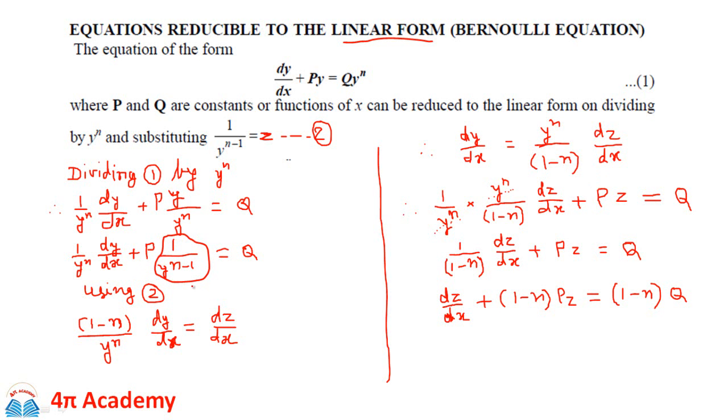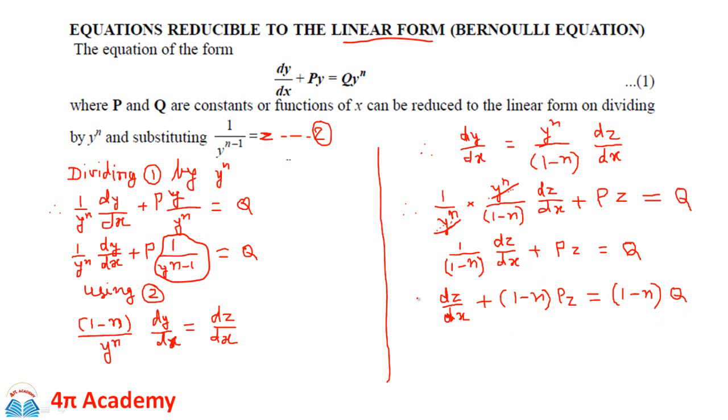Here we have to make the substitution of 1 upon y raised to power n minus 1 as z, so it will be Pz, and that is equal to Q. So this y raised to power n gets cancelled off, and hence we get 1 upon 1 minus n into dz by dx plus Pz is equal to Q. So we rewrite this equation by multiplying this whole equation by a factor 1 minus n. So here 1 minus n gets cancelled, so we remain with dz by dx plus 1 minus n into Pz,